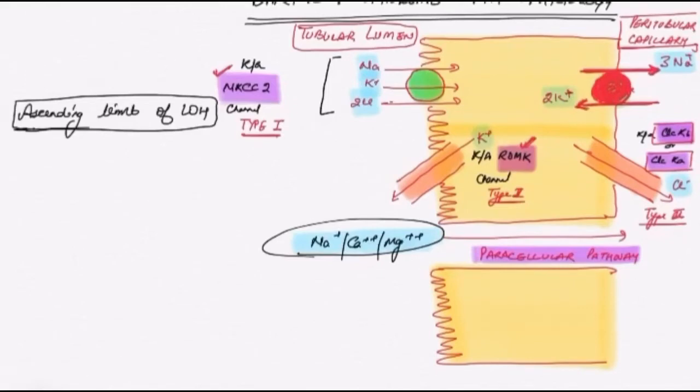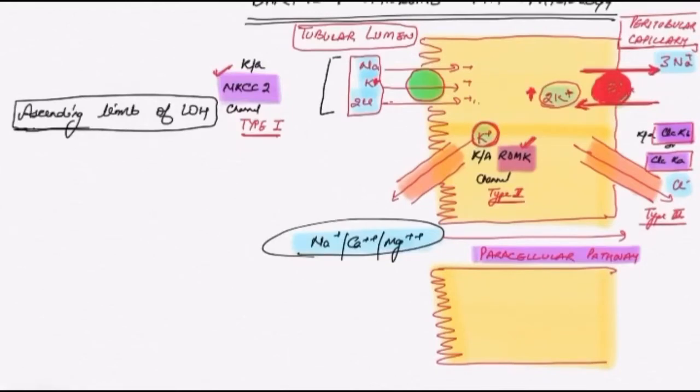So there is a sodium concentration gradient that is the driving force for this NKCC channel. Because of the sodium gradient, sodium, potassium and two molecules of chloride go inside the cell. But the potassium is already coming inside, so the potassium will increase inside the cell, and so it needs to go out. This is the channel through which potassium leaves the cell and goes out into the tubular lumen,